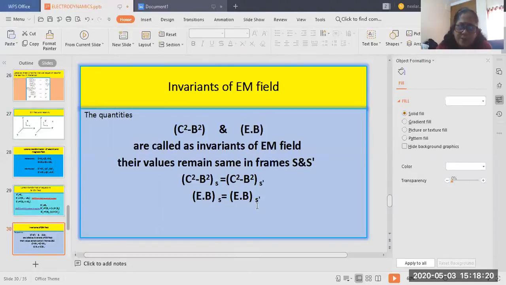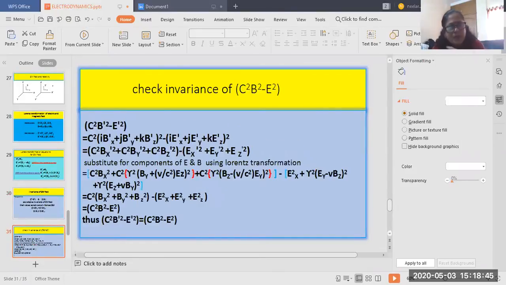Instead of putting prime, I have put here the frame itself. This is E prime, B prime, and this is B prime here. Okay, and this is E and B and B. This is fine. So this is the invariance of electromagnetic field. So this was proven in the last class. So this will come as 5 plus 5 marks question it is. Okay. And those who were absent, quickly I am going to brush up the memory.